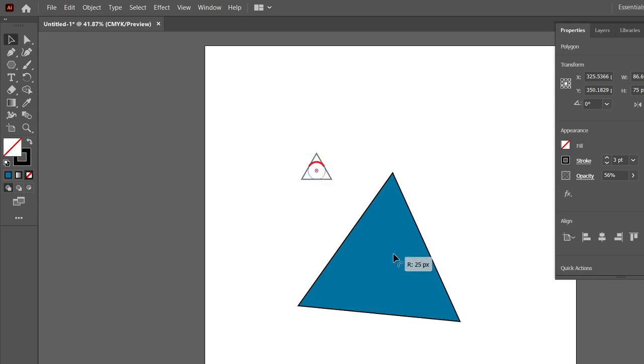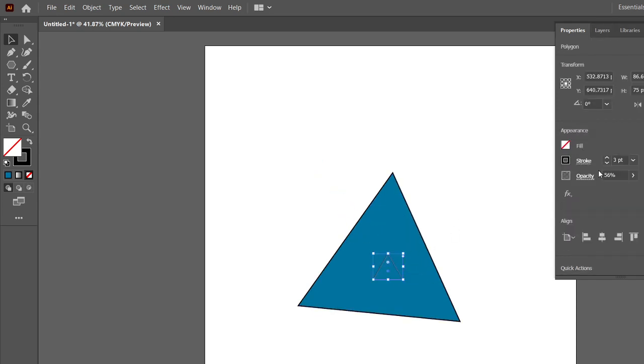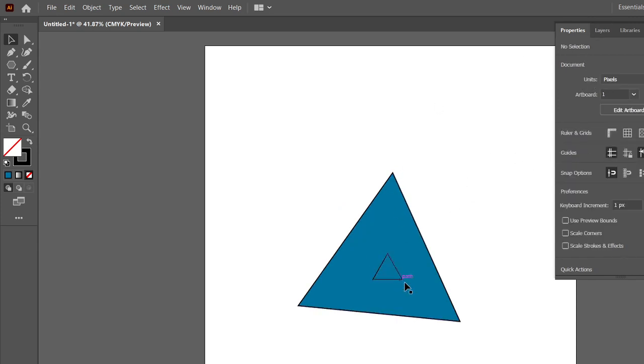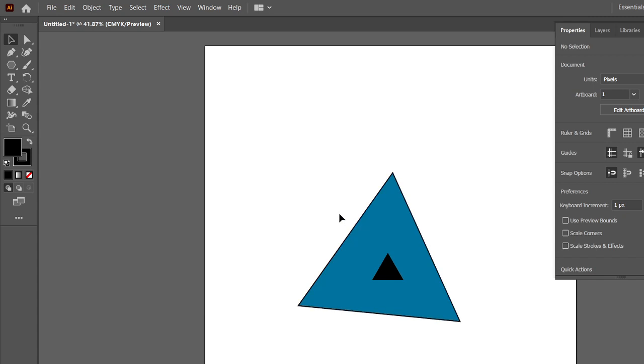So here it's a triangle which we generally drew. Control Z for undo. You can see here that we drew a triangle, and in the properties panel we will be selecting opacity to 100%. So as of now its opacity is 100%, this triangle. Let me fill it with a black color only. So here are two triangles, one is blue and this is black.